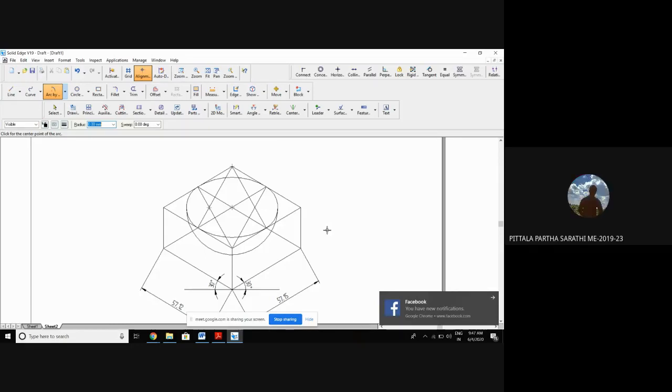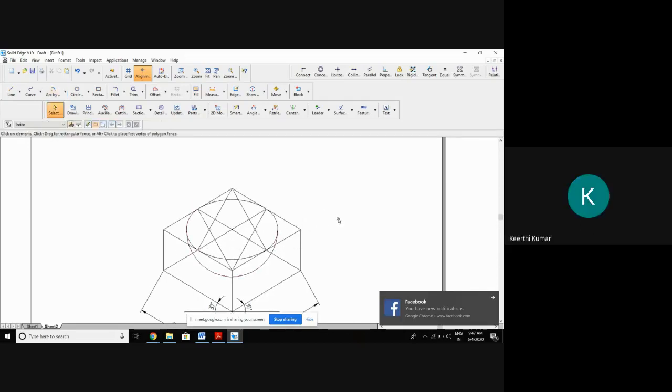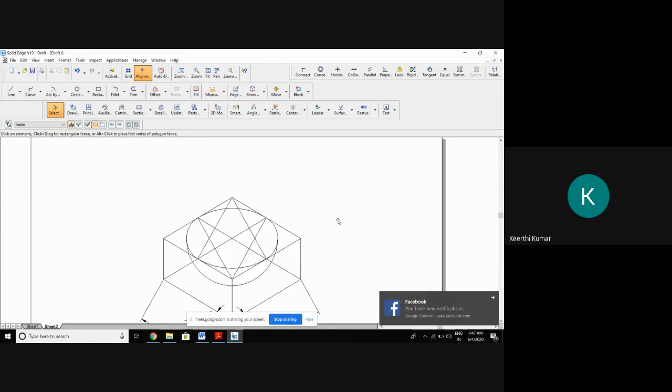Done, sir. Okay. Above this, what is required? Can you tell? Above this hemisphere, we want a cone. What is the diameter of the base of the cone required? 70, sir. 70. So do we want to put a box now? What is the size of the box we're supposed to put now? Same, sir. So no need to put the box again because a 70 size box is already there. So if I put a circle, this itself is the base of the cone. Then what is the height of the cone required?